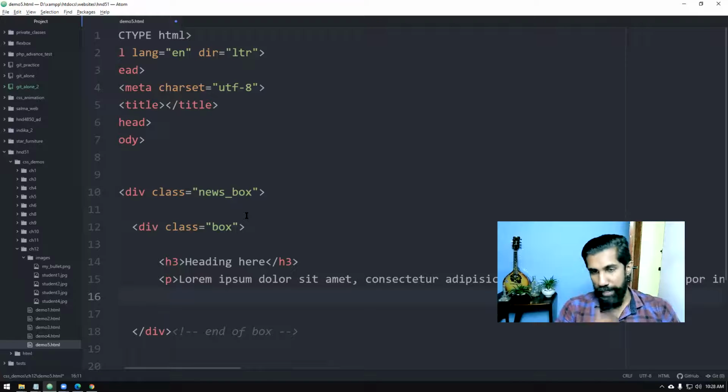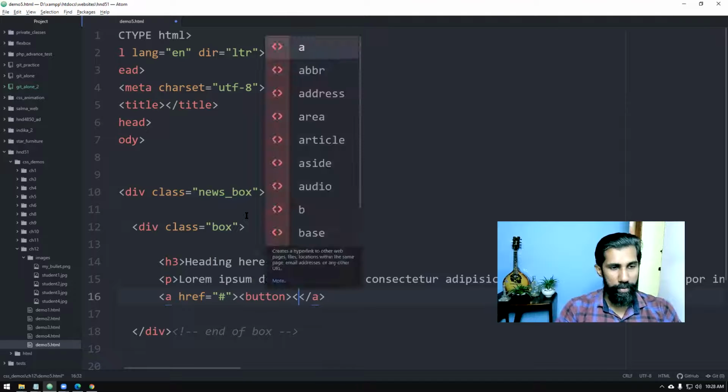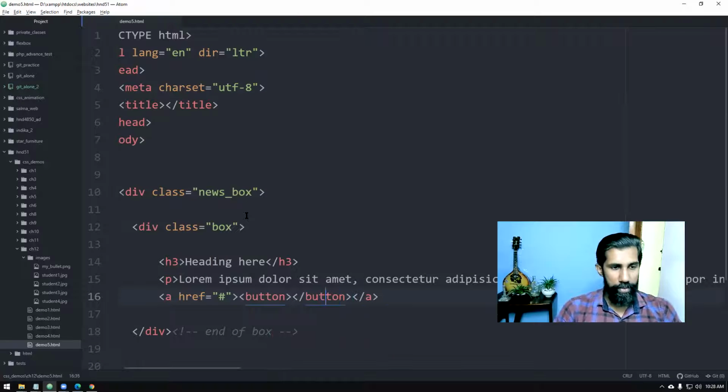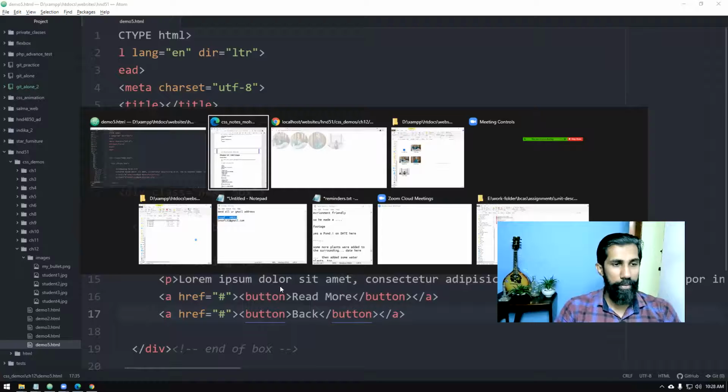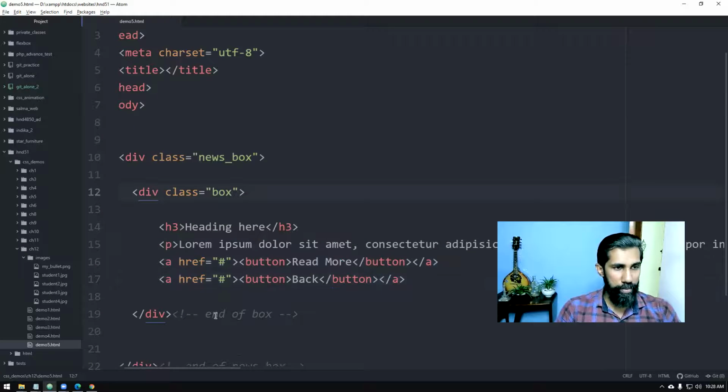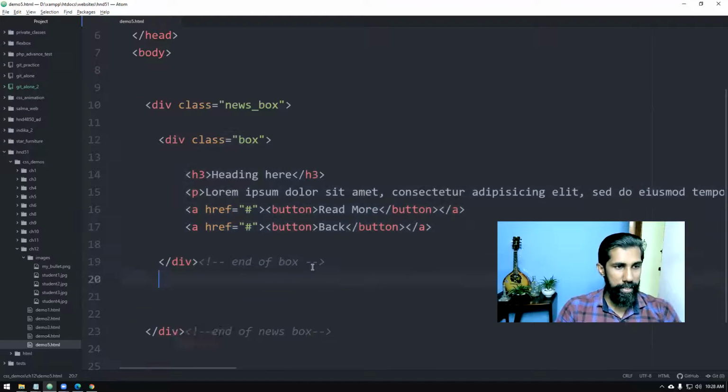So let's make a button like this, an anchor tag. We can create direct buttons also. I'm going to say read more. It's a read more button. It's another button I'm going to do, let's say a back button. I want to duplicate this one two times, so there will be two boxes inside this.